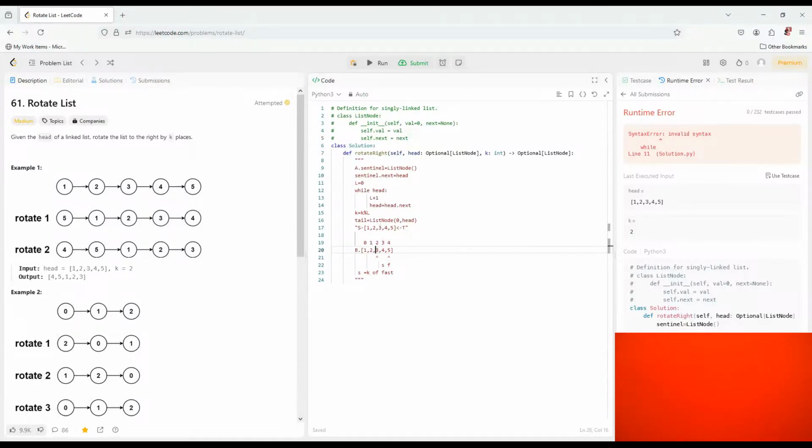Then, second step. So first step, we stop at this position. F will be, and S will be on F minus K position. Then what we're gonna do, we're gonna assign X next to none, S next to